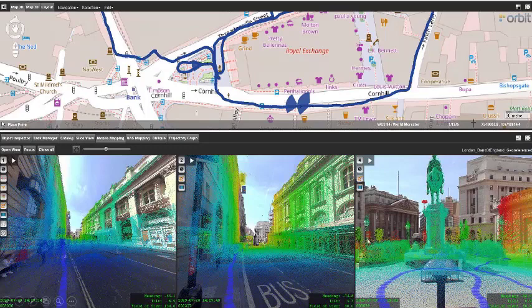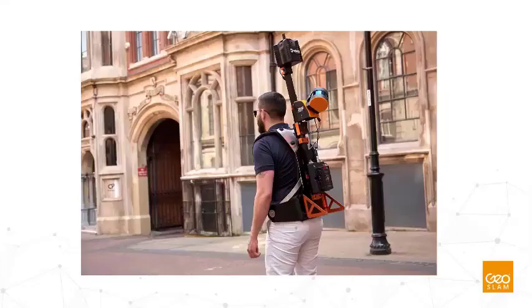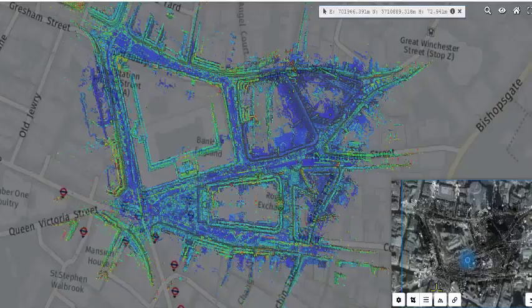And you see also here the trajectory, or here the blue spots every time when an image from the camera was taken. So of course we have a lot of examples we can share with you in different formats, so you can see the projects we have done so far.